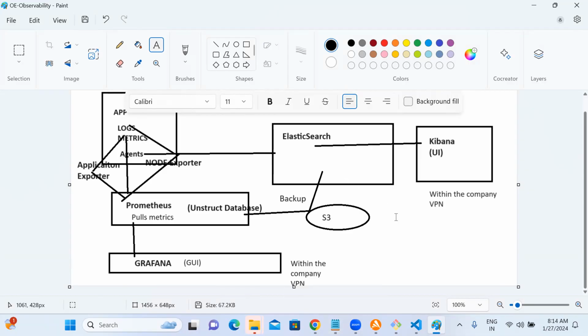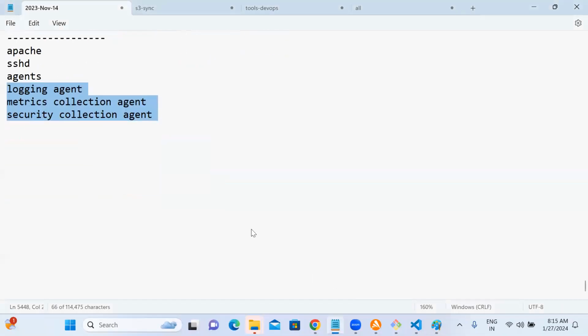This is one EC2. For this also I'll use separate EC2 machines. Separate EC2 here, separate EC2 here, separate EC2, separate EC2. So we will be having 4 extra EC2 machines within the private subnet. These are all for our admins' purpose, not for end users. This is for internal teams. They can access it. With this, can you tell me how many EC2 machines we need?